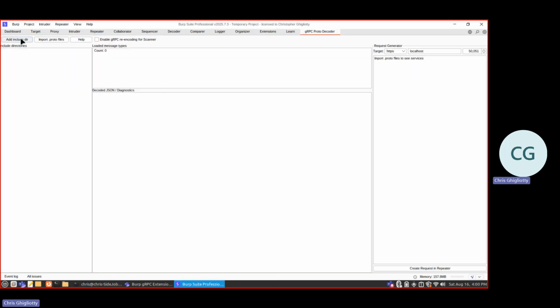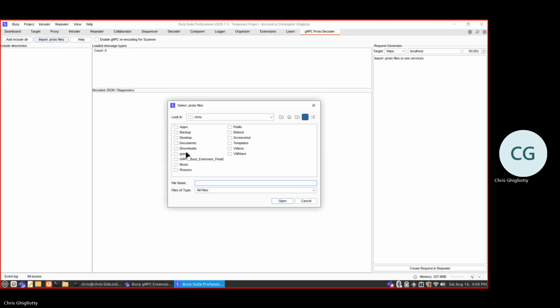If you have include files, like if you're using Google proto files or anything like that, you want to include them here. It's also a good idea to include the root of your C drive. For this project, it's super simple. It's just for show, right? I have the proto file here, so you just open that,